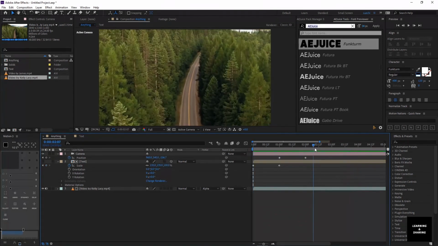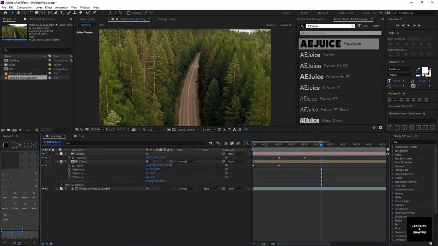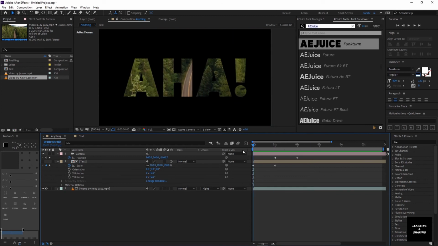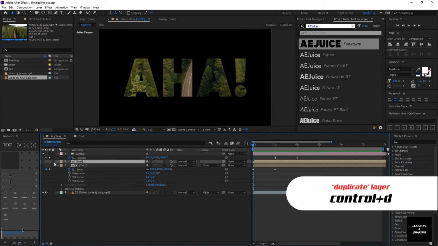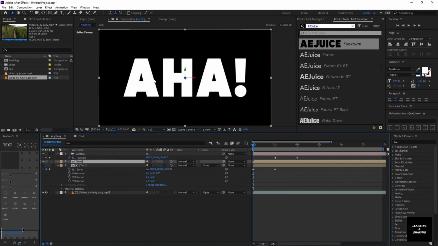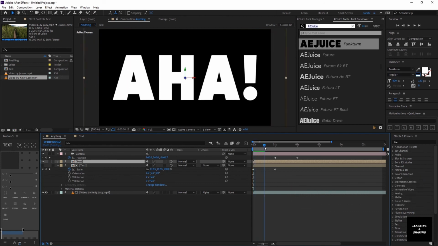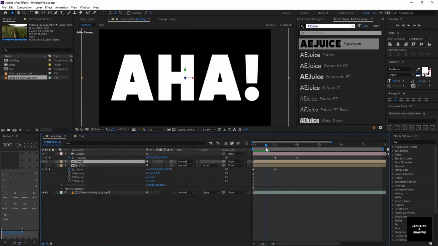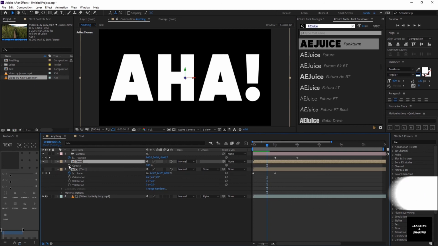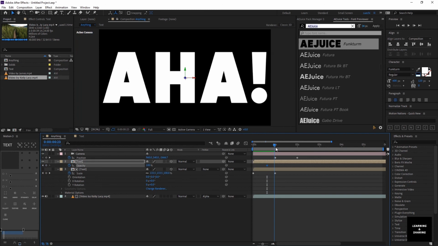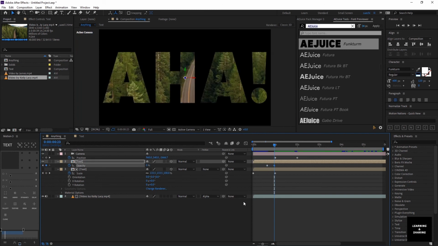Now what you can do is duplicate this text layer and make it visible. So now it's white. After a couple of seconds, bring out the opacity by hitting T on the keyboard and make a keyframe. After a few seconds, I'm going to reduce the opacity.